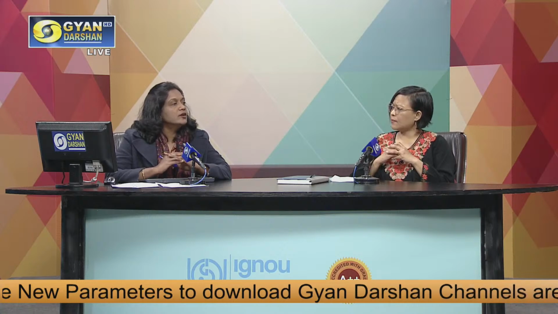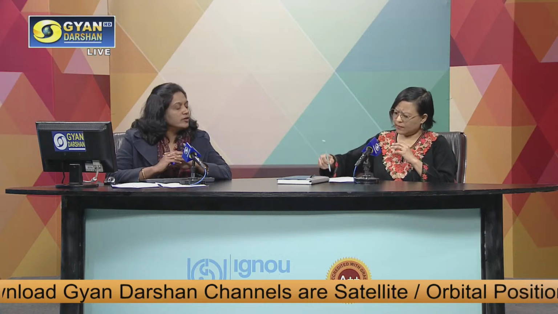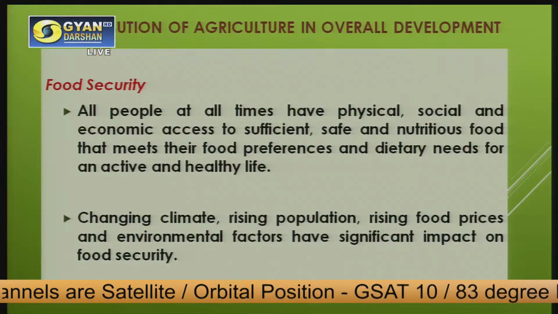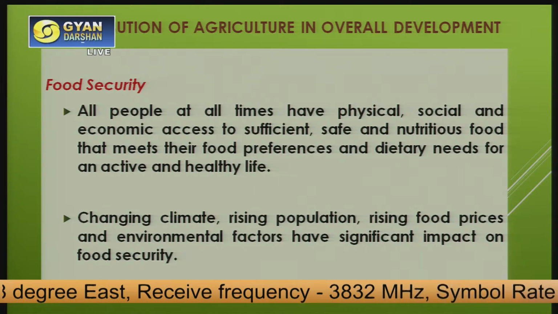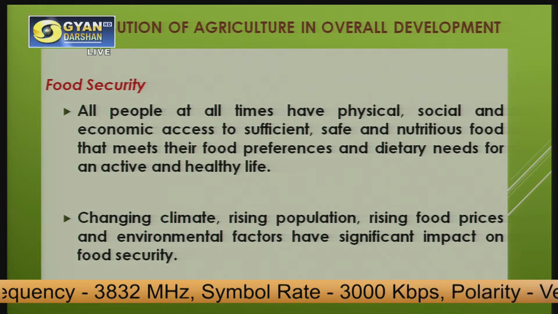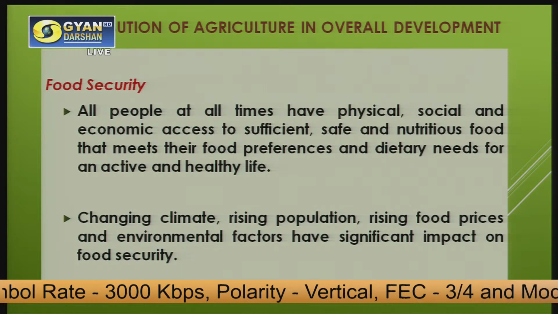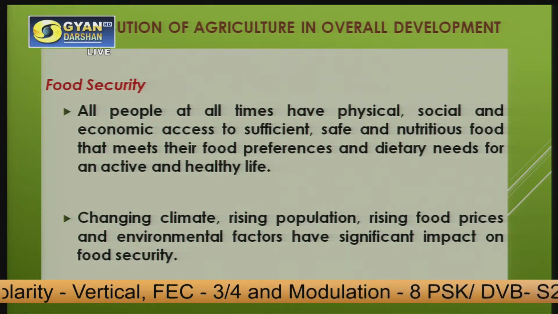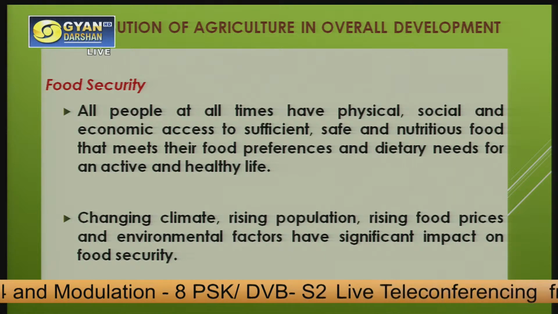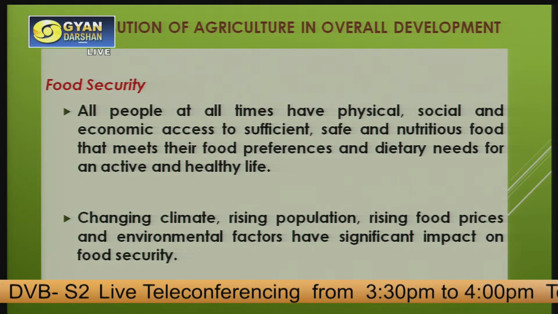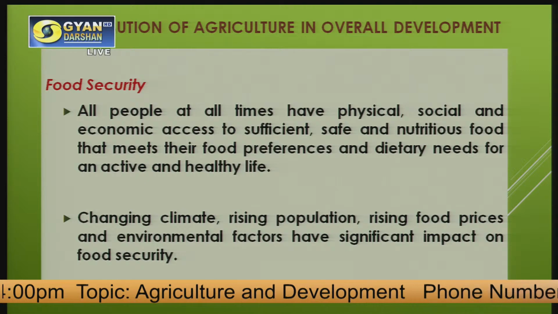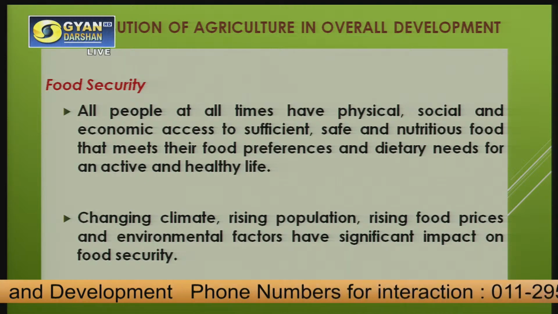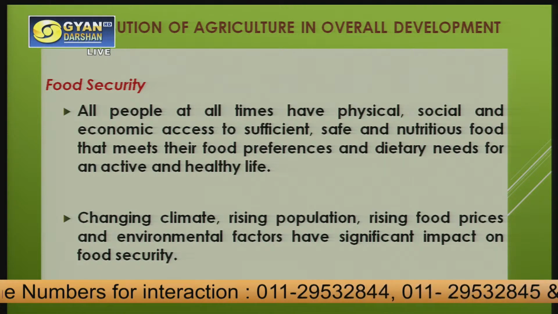Another important contribution of agriculture is it ensures the food and fodder security. Right. Food security for the people and the fodder security for the livestock population of the country. Food security means that all people have physical, social, and economic access to sufficient, safe, and nutritious food that meets their food preferences and also their dietary needs so that they can lead an active and healthy life. Also, the changing climate, the rising population, the rising food prices and the environmental factors also have an important impact on the food security of the nation. So the agricultural production has to rise above all this so that the food security of the